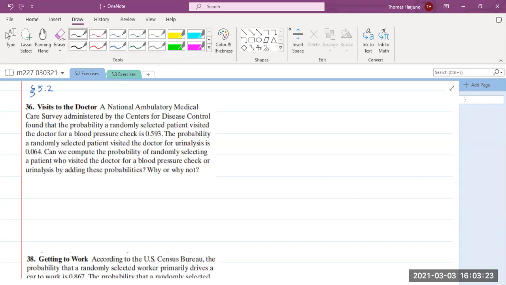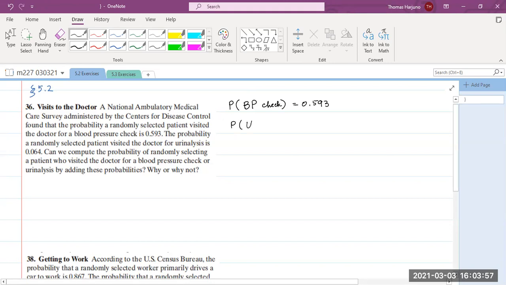A National Ambulatory Medical Care Survey administered by the Centers for Disease Control found that the probability that a randomly selected patient visited a doctor for a blood pressure check, so let me use BP check, is 0.593. The probability a randomly selected patient visited a doctor for urinalysis,